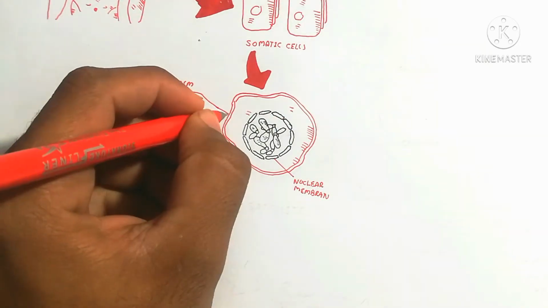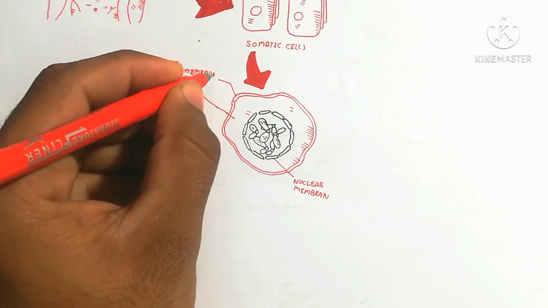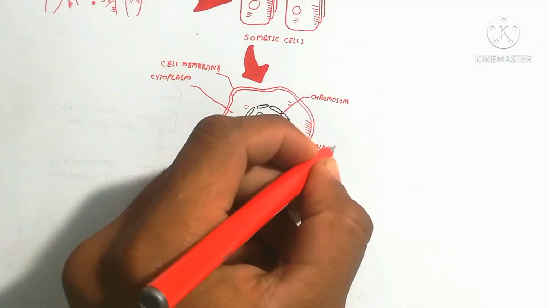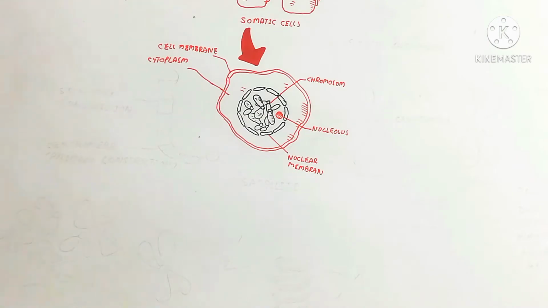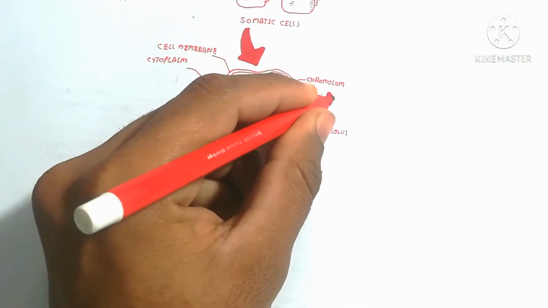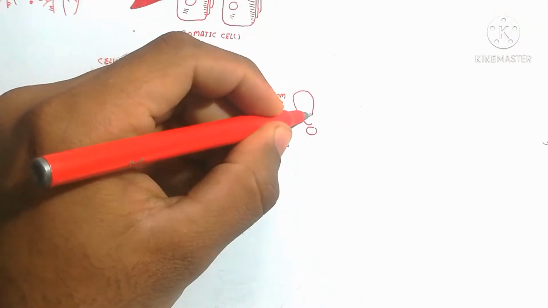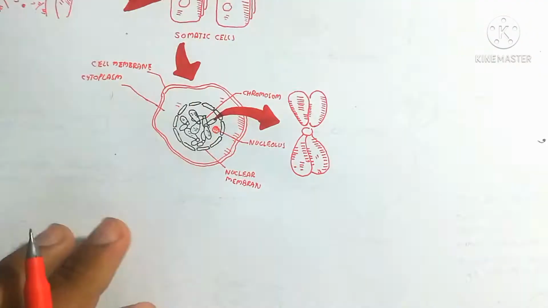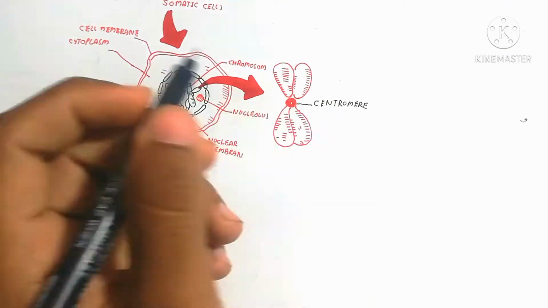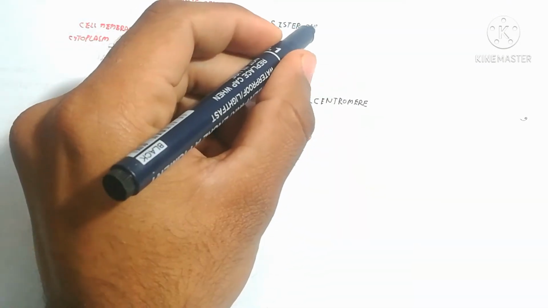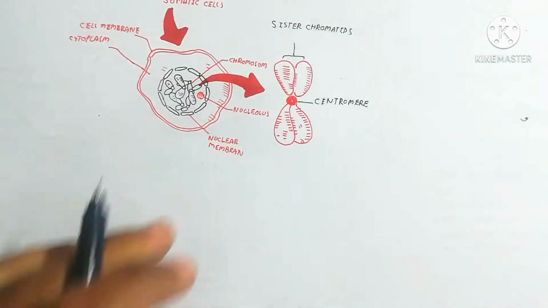So here is the cytoplasm, the nuclear membrane, and inside it is the chromosome. The chromosome is chromatin material, which contains DNA as well as histone protein. On the other hand, the linker protein is also present. So here is the centromere, and the chromosome contains sister chromatids, and these sister chromatids are